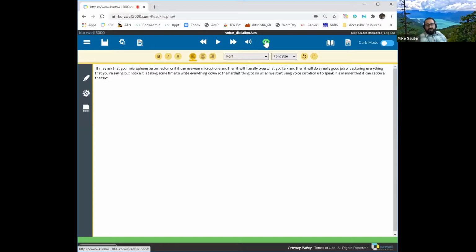What it's actually doing is processing what you're saying, and the computer is taking time to process it, and that's why you're not seeing it instantly show up. But if you notice, the pauses that I'm giving it allow it time to process it, and then it writes out what I've been saying.